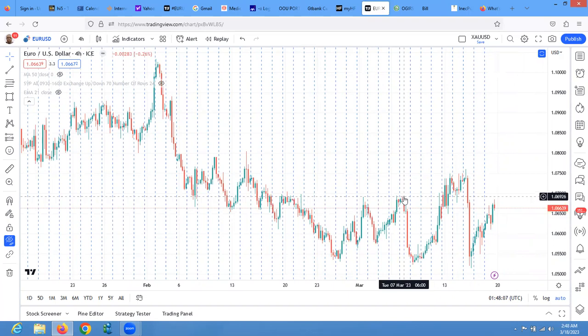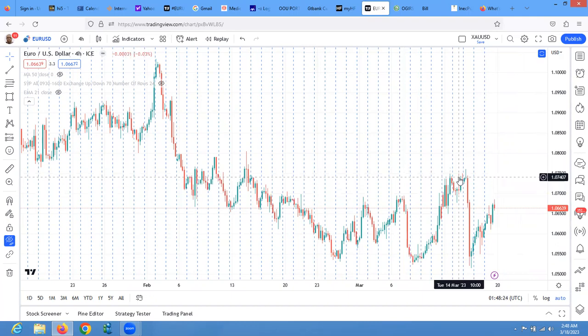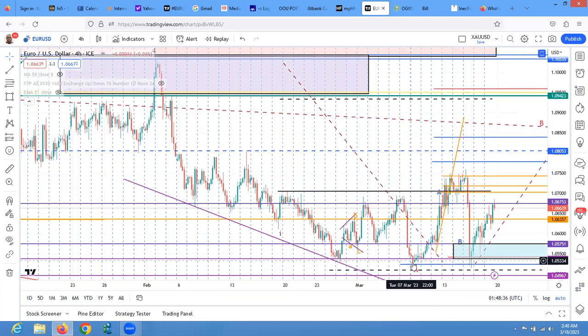But then if you think that this is 5-1, then if it's 5-1, this structure must not be broken for 5-2, and it broke it for 5-2. So because this thing now broke this structure for 5-2, then you know that this is wave B. That's just it. This is wave B that they are doing. So they are finished with A here. If I may bring my drawings, they finished with A here, which I explained here. 1, 2, 3, 4, and the 5 with A finished here, and they are doing B.